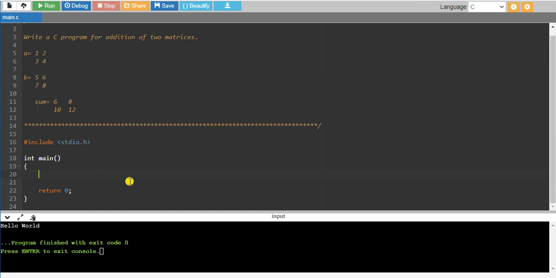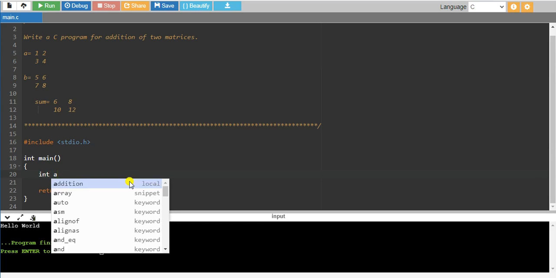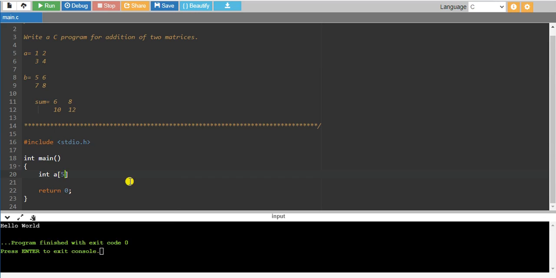In this I am going to consider, with the help of arrays, we are going to add the two matrices. So first we have to create arrays, that is 2 by 2, two-dimensional arrays. A I am taking as an array, and B I am taking as an array, that is my second matrix. And after this I am having one more variable, that is sum.